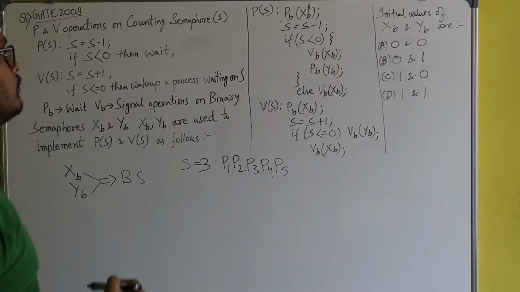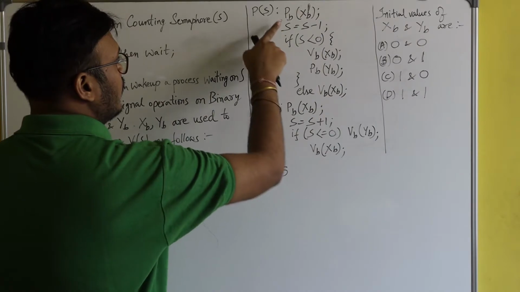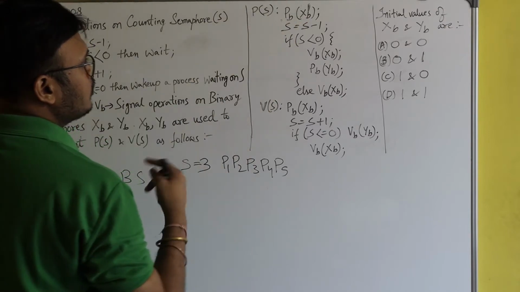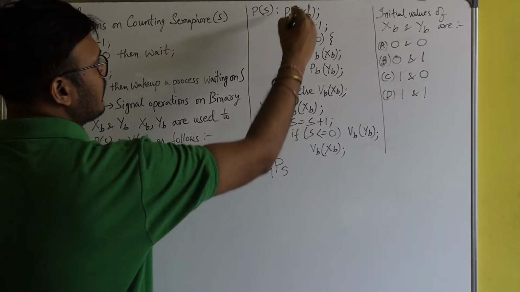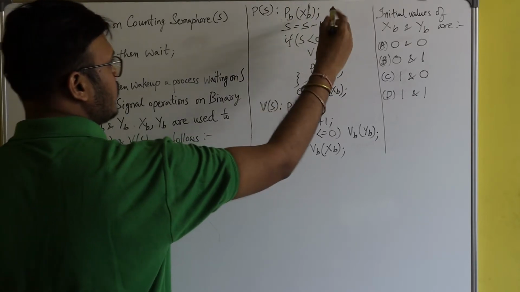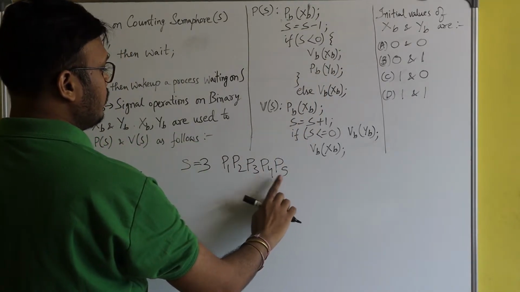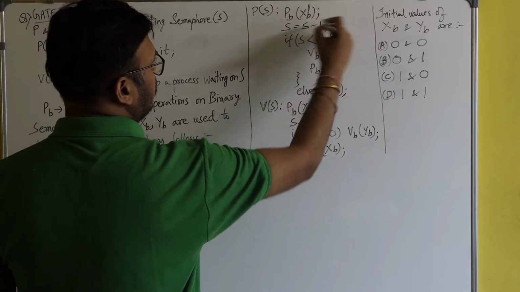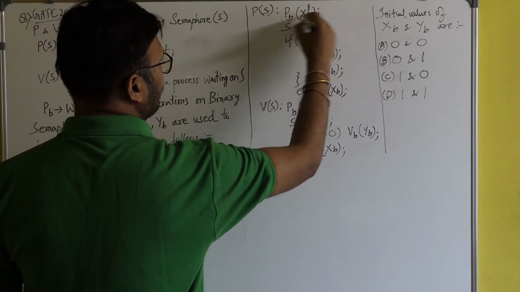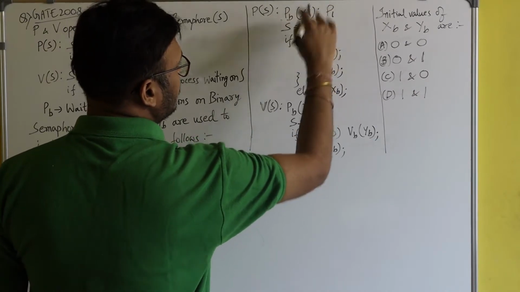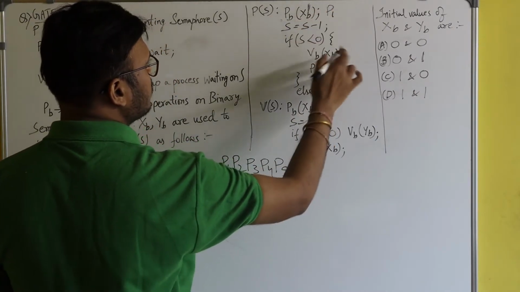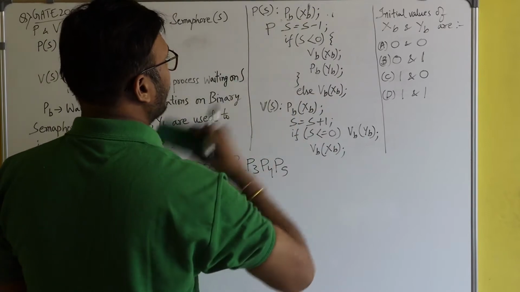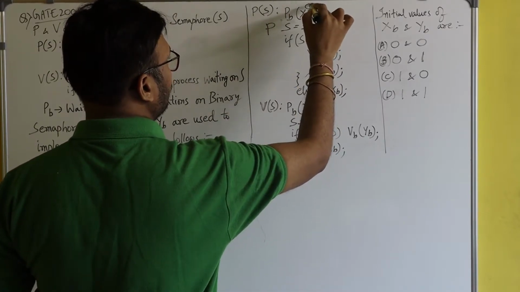Okay. So now what will happen, you see, it's a PB. It's a wait operation on the binary semaphore. Since the value is 1, suppose the processes P1, P2, P3, P4, P5 want to enter, and suppose P1 tries. Initially P1 was executing this line. Since the value is 1, everything is fine. So now P1 will come here, thereby making the value of xb 0.